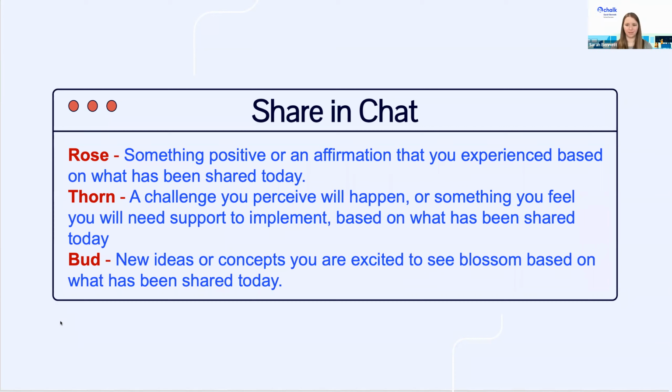Sounds good. Based on the chats that we've had throughout this webinar, a rose is definitely that blue text. A lot of people resonated with that as we went along. Good. Here's one coming through. A bud: love the affirmation on slow and steady. Another rose: this is a multi-year process.